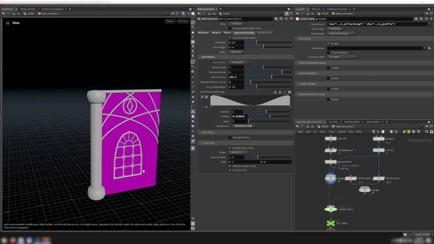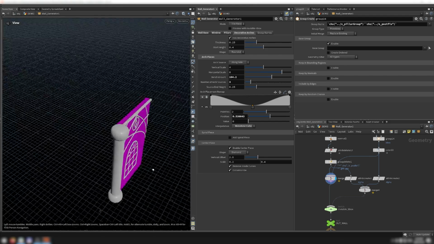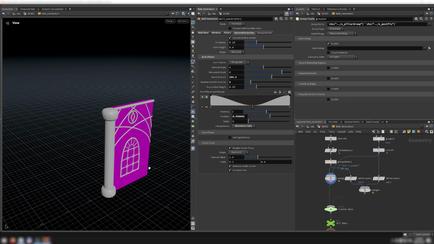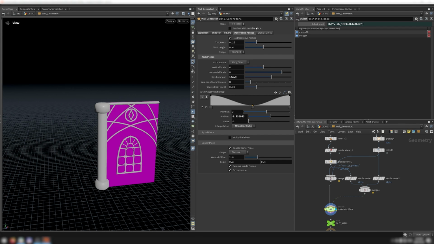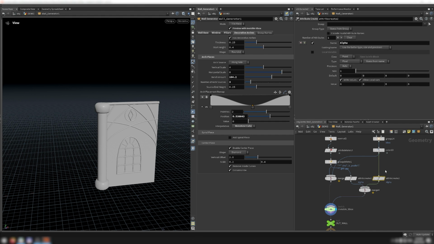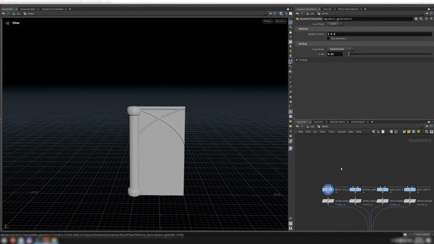But because it's kind of annoying to have this bright magenta box, and also for some of the other modules, the module isn't an exact box shape, so the bounding box actually kind of obscures what's going on, I have this option to preview with invisible bounding box, which is plugged into this switch. And what this does is it just sets the alpha of the bounding box to 0 so that you don't see it. So now that we've talked about how the wall generator works,